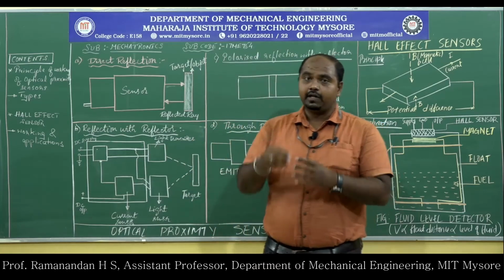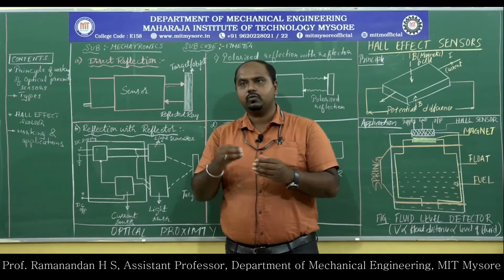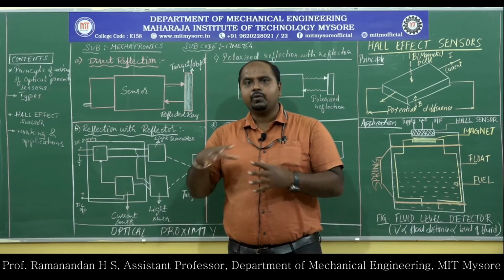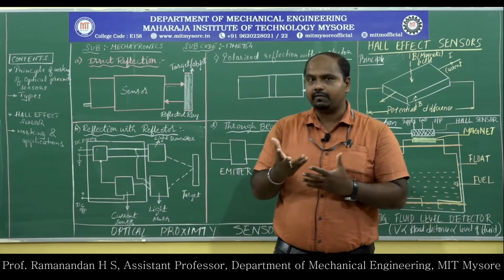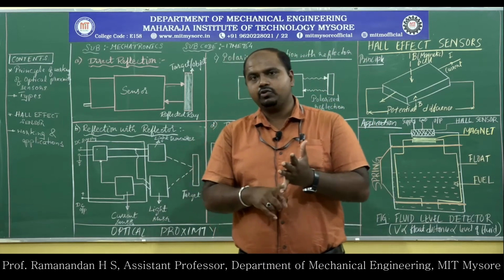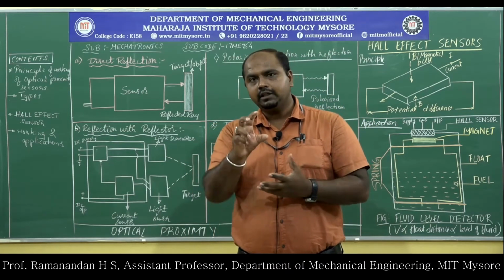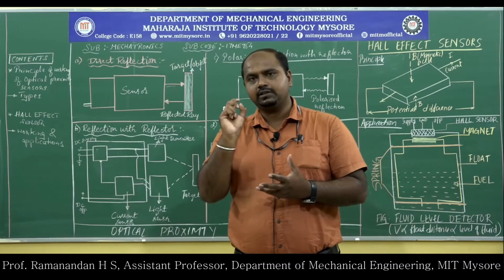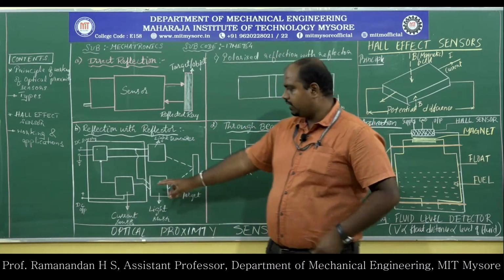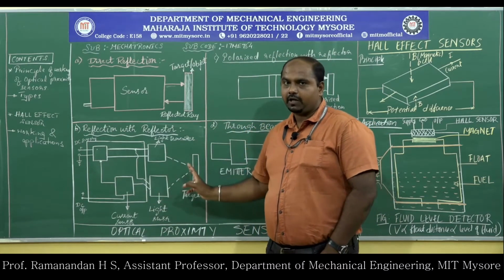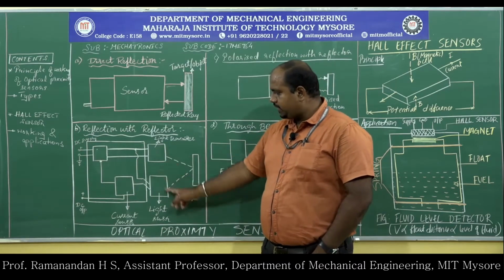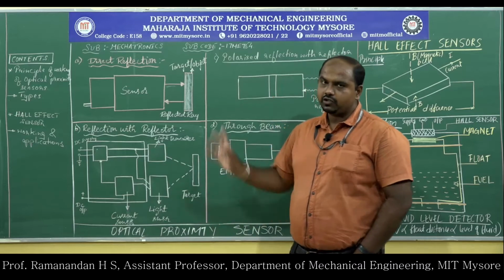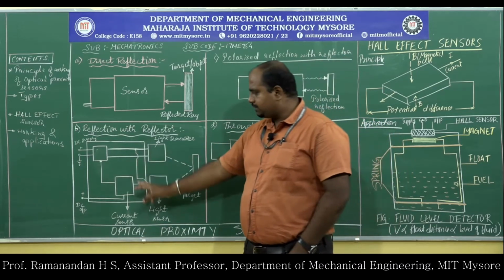Otherwise, again we have to scratch our brains. So what is the frequency of light, what is the surface texture of the object, what object is detected, we will not be aware of. So the perception should be very strong in understanding the wavelength, color, as well as the image texture of the object detected. So the reflected light, see here also emitter and receiver both are housed on the same component.